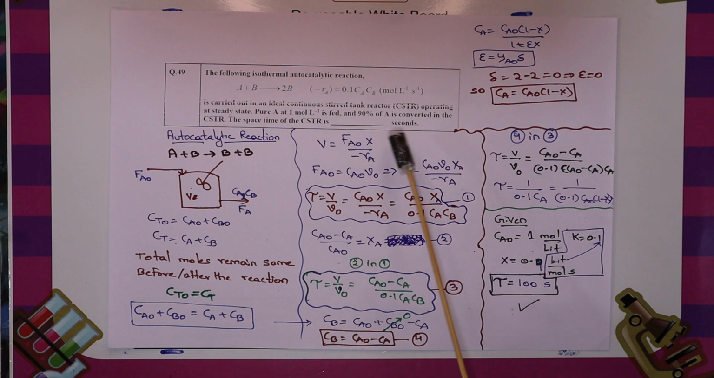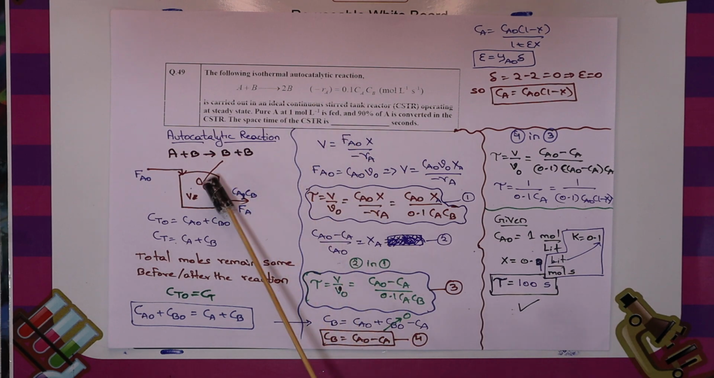For a given autocatalytic reaction, the rate of reaction is given as 0.1 Ca into Cb. This particular autocatalytic reaction happens in a CSTR. If that is the case,